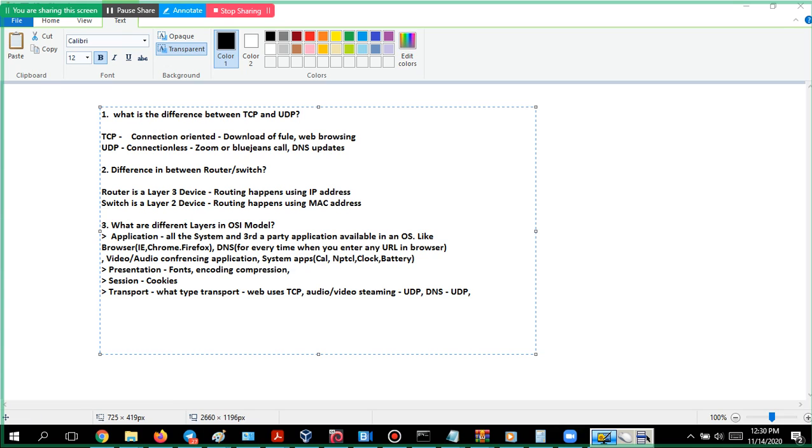But for the web you should always have TCP. DNS uses UDP. So that is the transport layer. Any one protocol they will use. They don't use both. Remember that. Then transport. Then next,